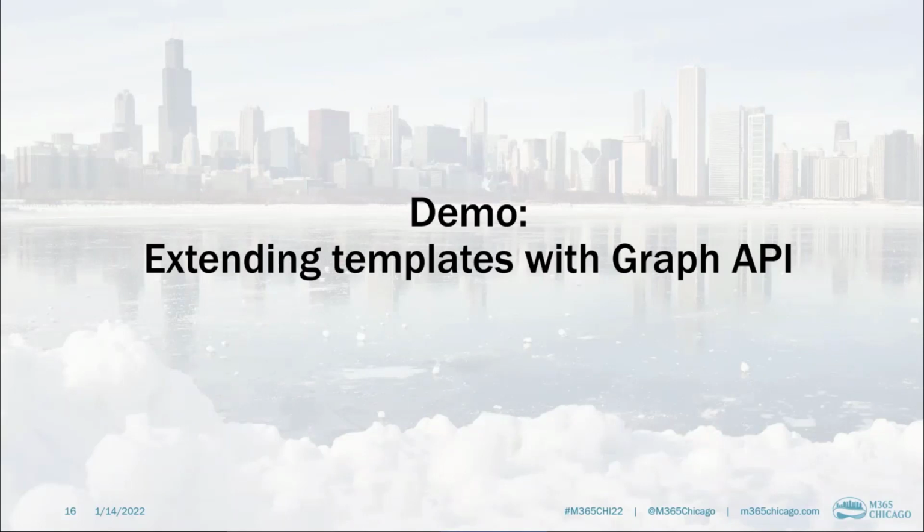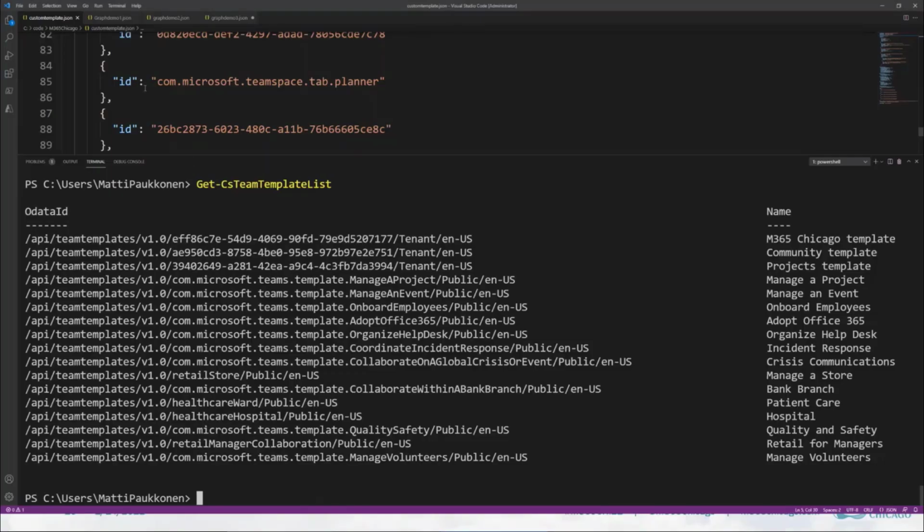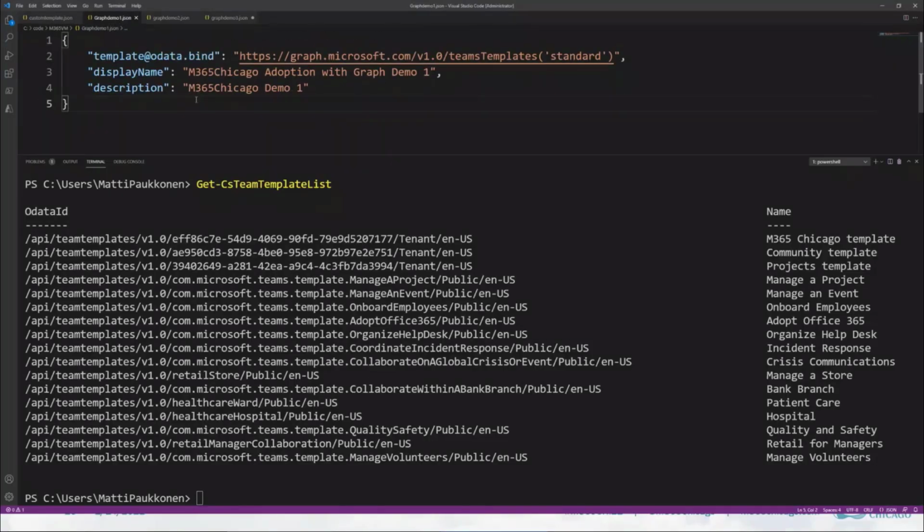Okay, but how about if you have templating which you are managing in Teams Admin Center, but you want to maybe extend it a little bit or use those templates as part of your solution? This is not yet complete, but there is something on the roadmap on this side as well. Let's jump back to the demo section. So first demo, how about just creating a team